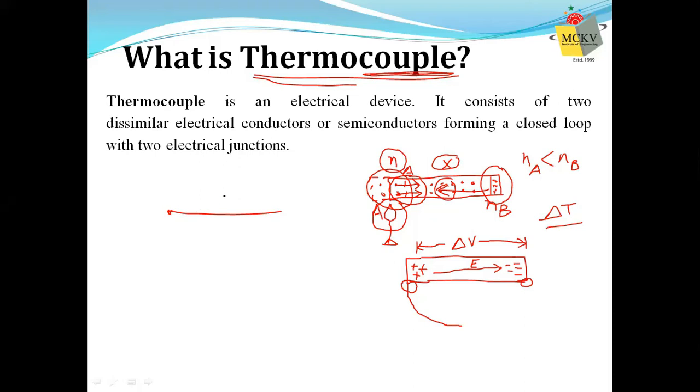Let us say this is metal X and I am heating one end. This I have heated, and this I have kept at a lower temperature. This is the junction, this is point A and this is point B. Now there is a potential difference developed. This is delta V. I have not connected it to anything else. It's just the potential difference that has developed, and I'm still not able to measure it.